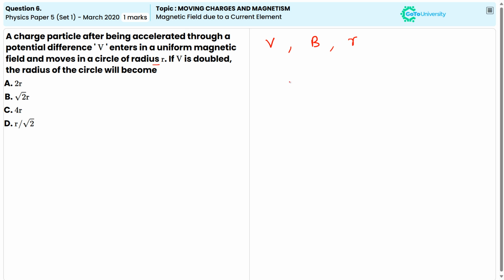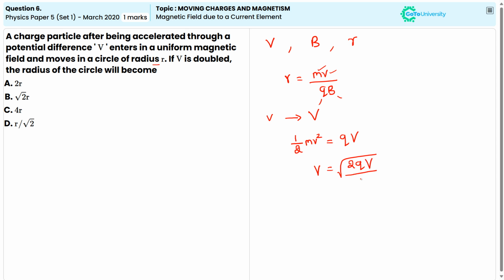So let us write the radius of the path r, which is equal to mv divided by qB. And this m is the mass of the particle, v is velocity, q is the charge of the particle, and B is the magnetic field strength. So the velocity v of the particle is related to the potential difference V by the kinetic energy gained. So we can write half mv squared, which is equal to qV. So solving for v, we get v equal to square root of